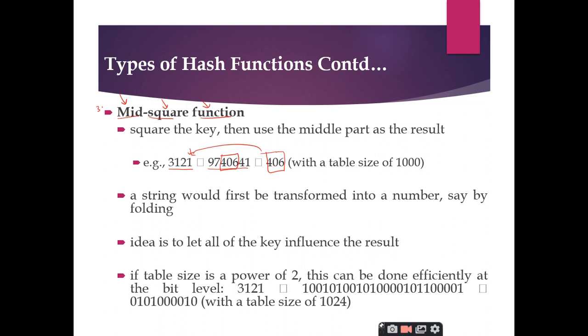And as I told you, whatever hash functions we have discussed, the mid square function, the folding function, and the division method, we are going to apply on integers only. But you may get a doubt, sir, how do we deal with strings or characters? In such a case, you have to convert those strings into characters. We have some examples in the coming slides. We'll see how we are going to deal with this, right?